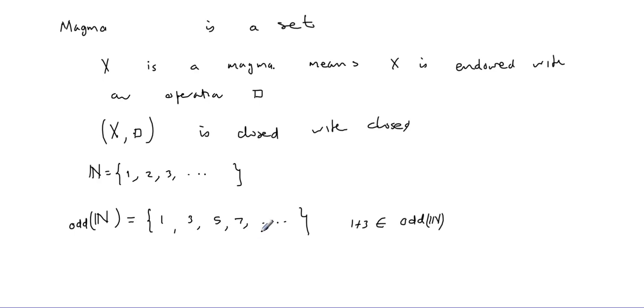So there it is. You now know a structure, one structure, magma. Clear? And you've got an example of a magma: natural numbers. In this case, you don't demand anything else from the numbers. You just want to know that when you operate with this thing, you get a magma.